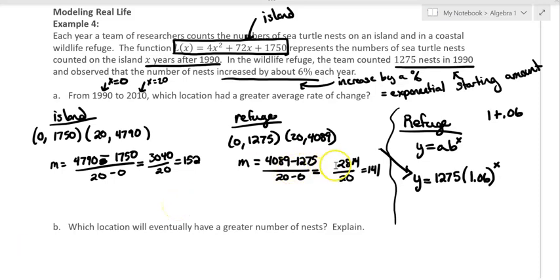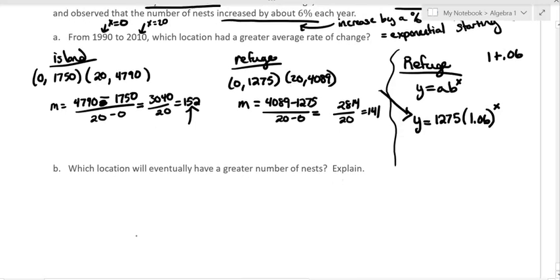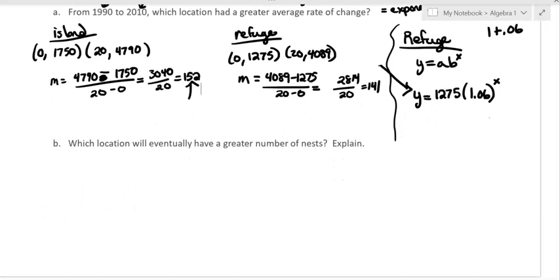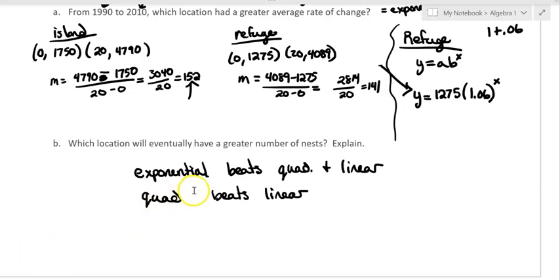Okay, so I went ahead and found the slope. It was 141. So that means that from, not at all times, but from 1990 to 2010, the island has a greater average rate of change than the refuge. Now it says, which location will eventually have a greater number of nests? Because the refuge is exponential, eventually it will be a greater number of